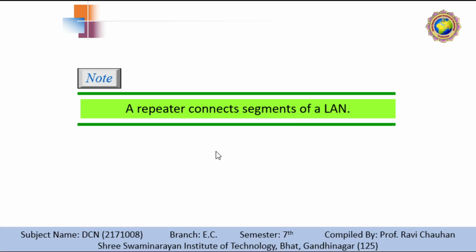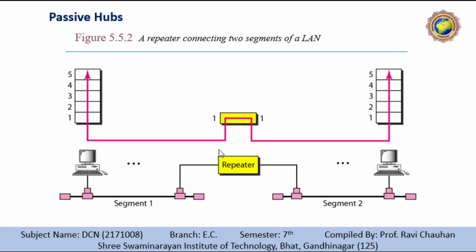A repeater can overcome the 10Base5 Ethernet length restriction. In this standard, the length of the cable is limited to 500 meters. To extend this length, we divide the cable into segments and install repeaters between the segments. Note that the whole network is still considered one LAN, but the portions of the network separated by repeaters are called segments. The repeater acts as a two-port node but operates only at the physical layer.